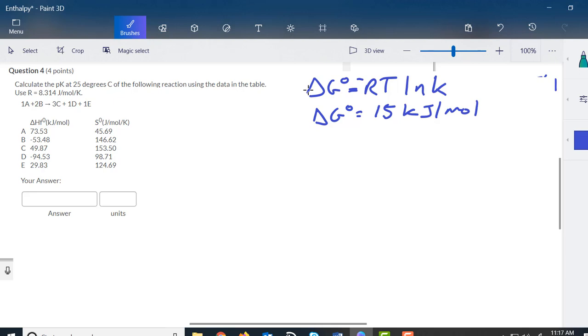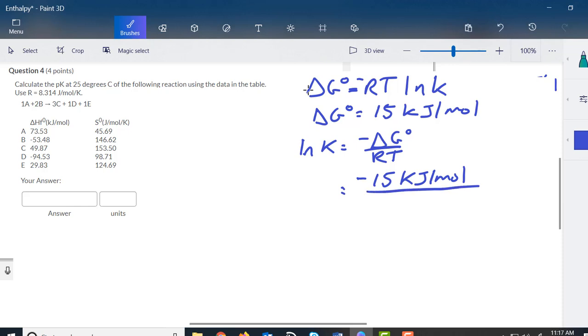Now, to end up getting the natural log of K, I'm going to have to rearrange this. So ln of K is going to equal negative of delta G naught over RT. Now the negative here is important because if the delta G value happens to be a negative value, then you have to put a negative in front of it. In this case though, the delta G naught value is positive, so I'm going to do negative 15 kilojoules per mole over RT. Now the R value is given to us, 8.314 joules per mole per Kelvin,